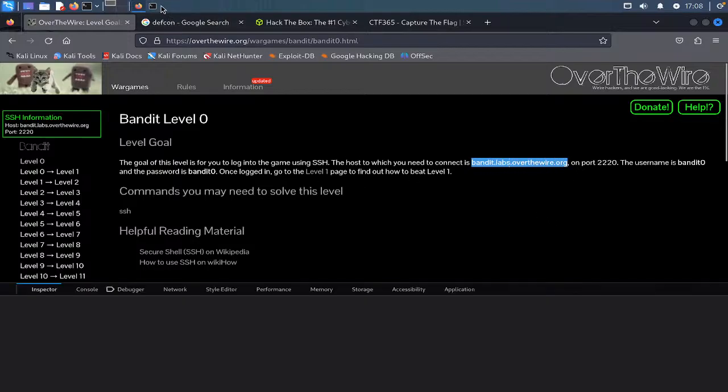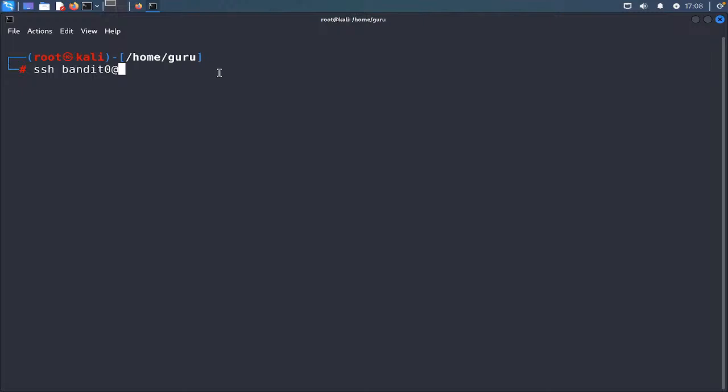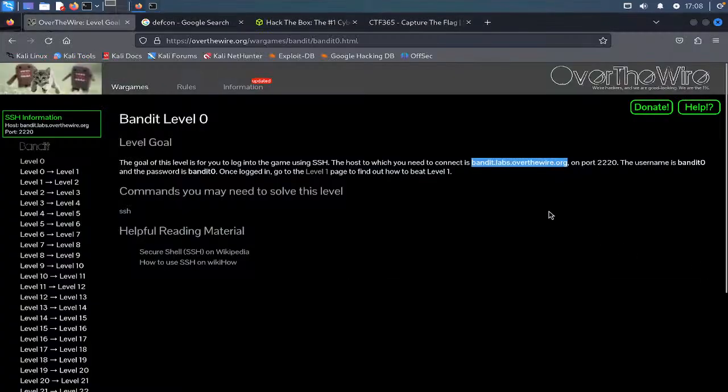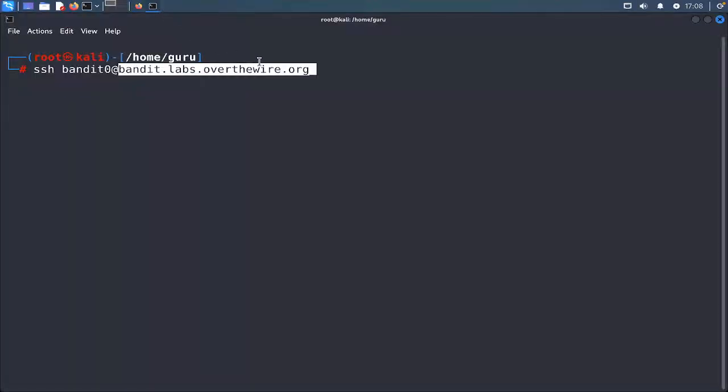So I'm going to copy this link and paste it here. Oops, let me go back to the screen, close this, copy this, and paste it here. And -p is for the port number, which is 2220.